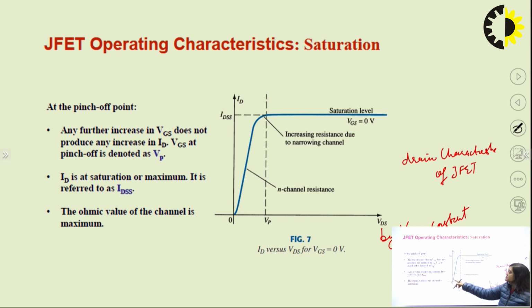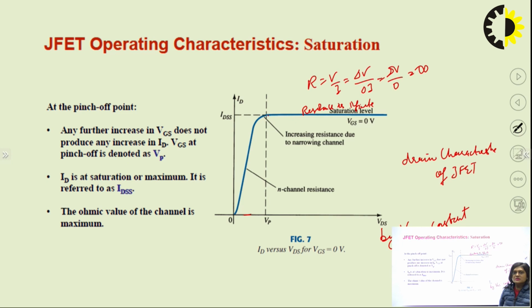So this region is the ohmic region, where voltage is increasing and current is increasing. After that the current becomes constant, so this region is the saturation region. Here we can see the current is constant, and since R is equal to V upon I, delta V upon delta I is almost 0, so the resistance is almost infinite in this part.